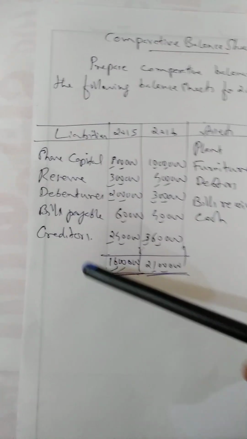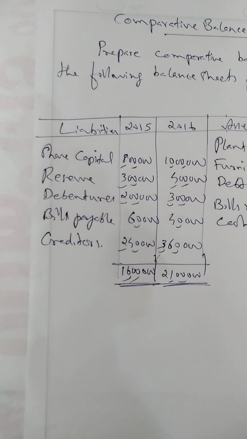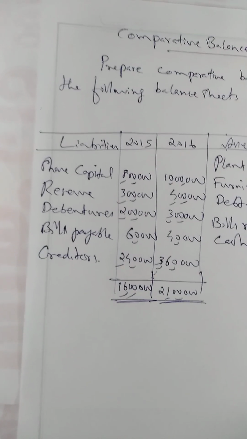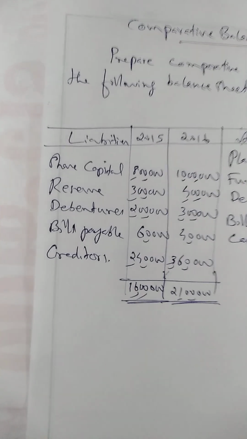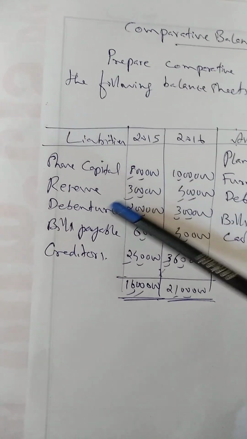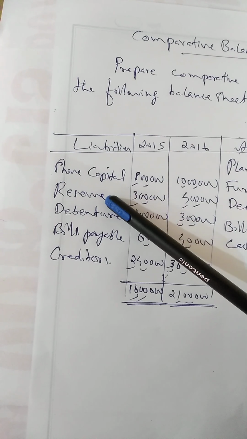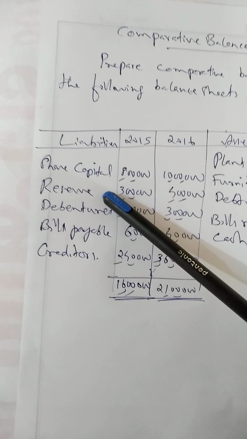Okay. And similarly, come to this liability side, we can see several liabilities here, and we can classify these liabilities into long-term liabilities and current liabilities. Capital invested in the business is for a long period, isn't it? So it is a long-term liability. Reserve means the profit set aside to reinvest in the business. It is also meant for a long period.